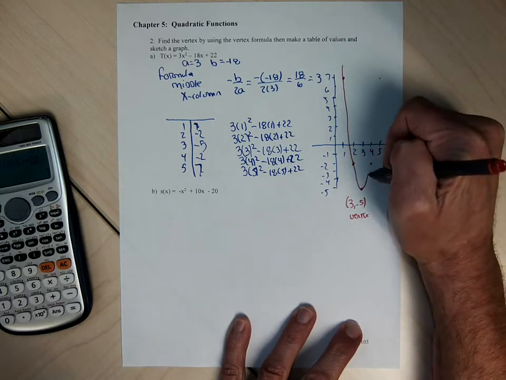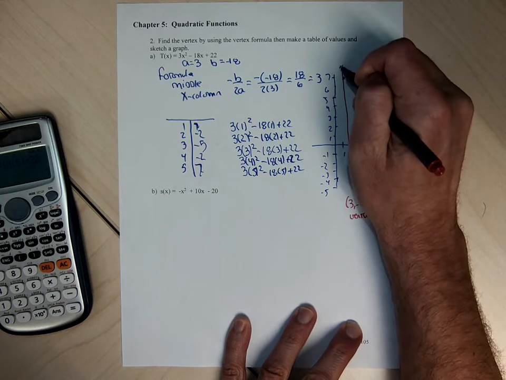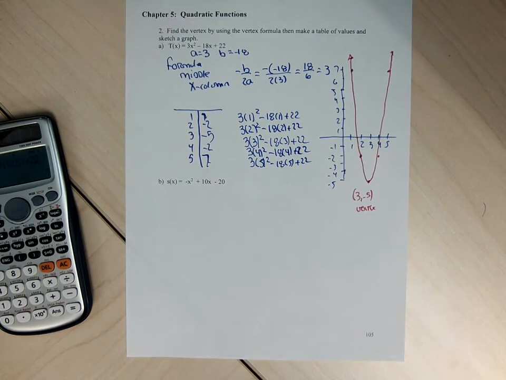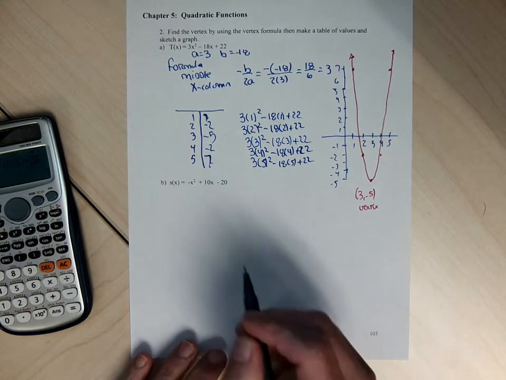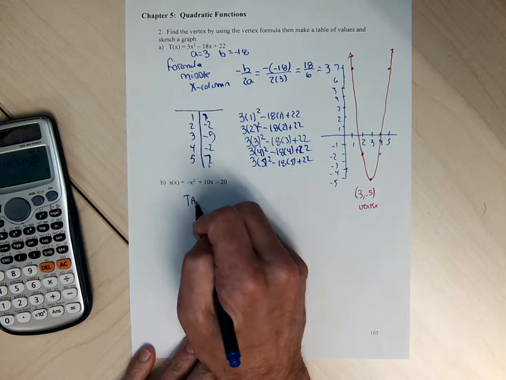Draw something that's more of a U than a V. Try to actually go through the points, put little arrows at the end. Good enough for that one. And part B is the same, but I'm going to do the better table. So my table value,